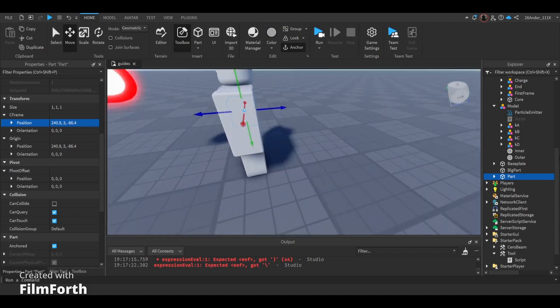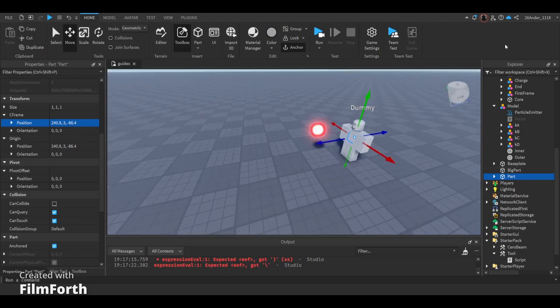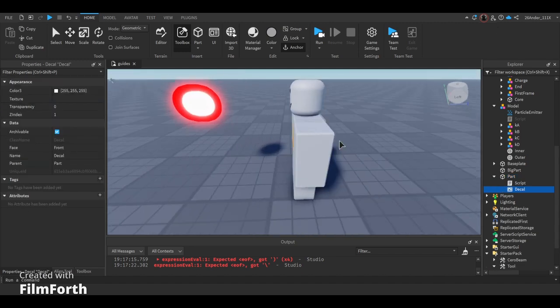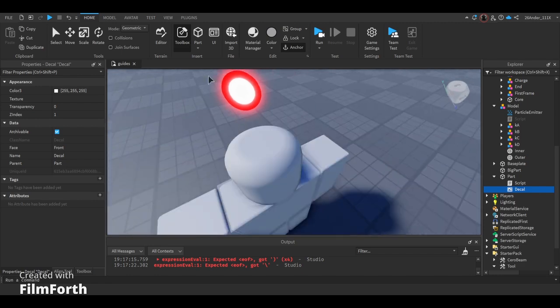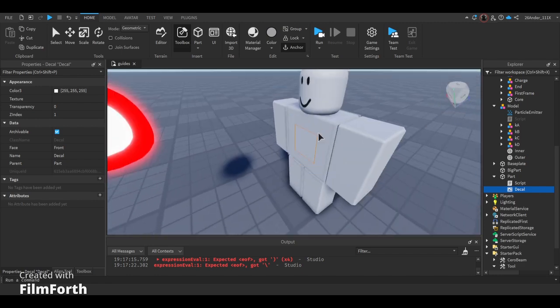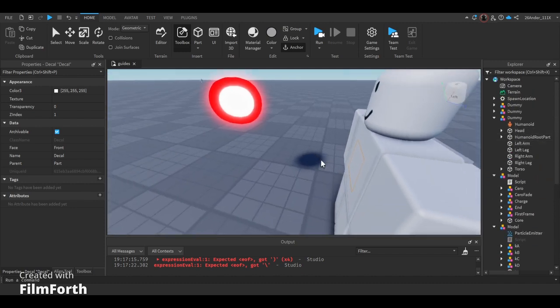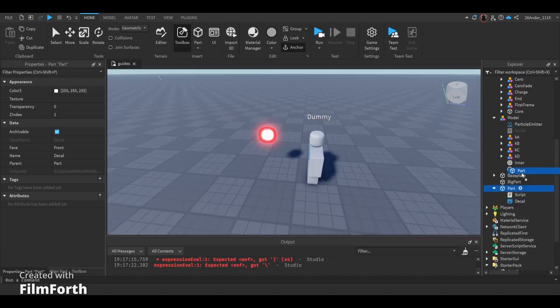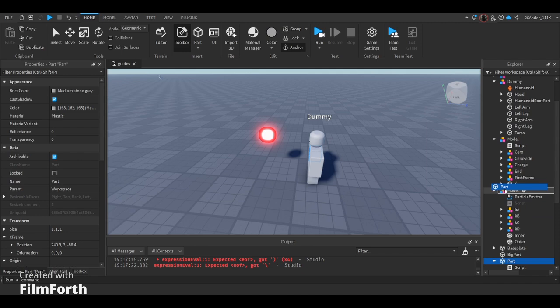There we go. Make sure it's facing toward the front of the humanoid so the orientation isn't different. And how to check that is using a decal. As you can see, the orientation is front. It's facing the same way the root part is facing, which is forward. And now that we have that, we move this part inside of our model